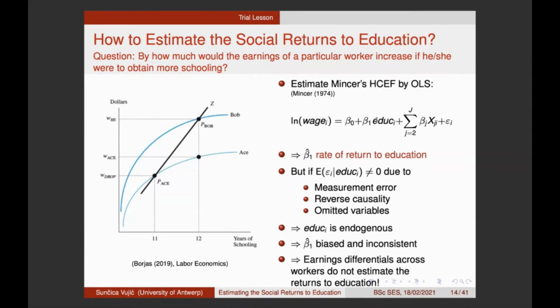Now on the right-hand side, what do you have? It's a function linear in these parameters, beta null, beta 1, and further, which need to be estimated. And this is some measure of education. So usually we use years of education. And again, there's an index i. So these are the years of education of Ace and Bob. So Ace dropped out of school, he has 11 years of education, and Bob stayed at school and he has 12 years of education. And you would similarly have all these other individuals in your data